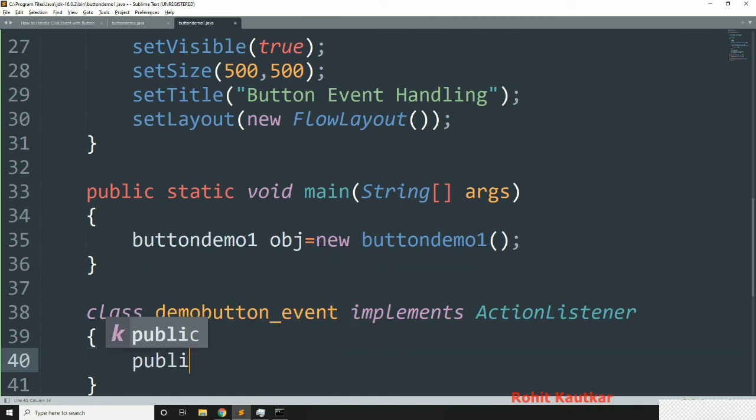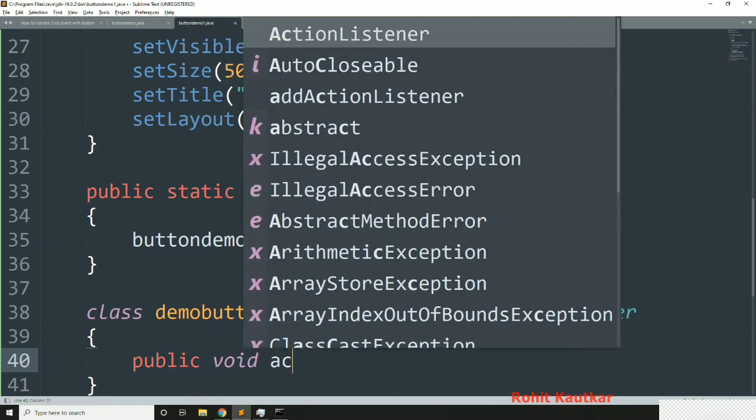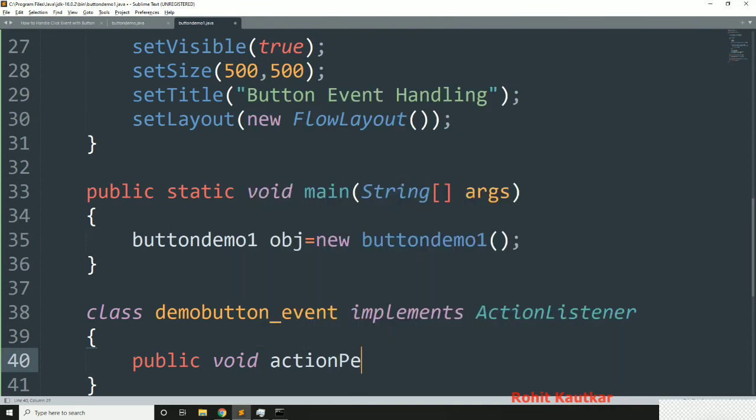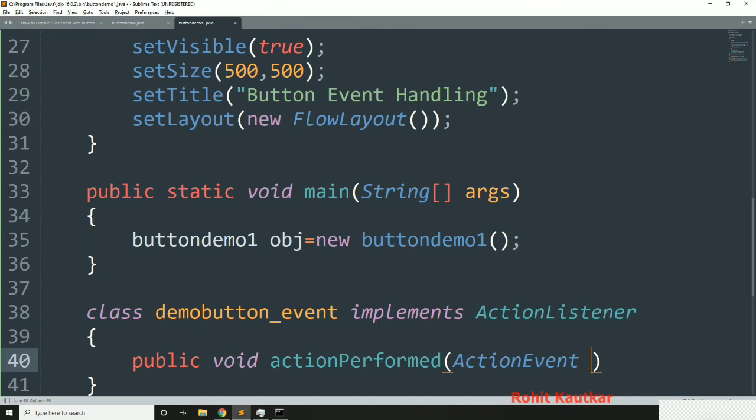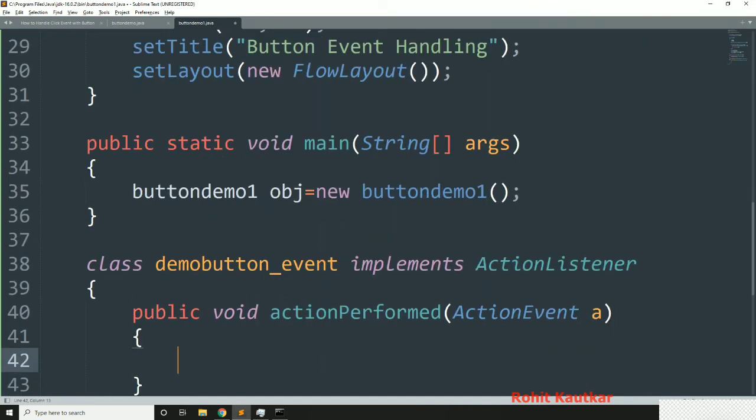So here I will write public void actionPerformed, and we will pass the ActionEvent class here with its object, so ActionEvent, let's say A. Within this method we will write the logic, how we want to handle the event. As per your requirement you can add logic over here, logic for event handling.